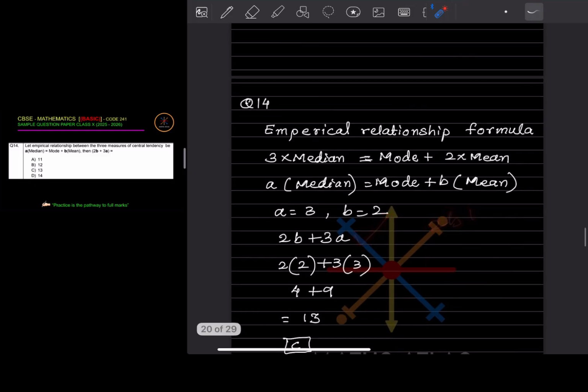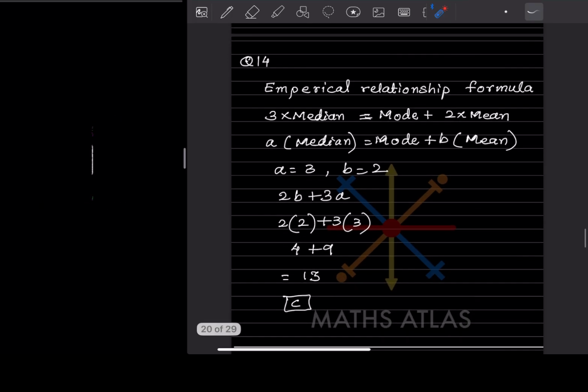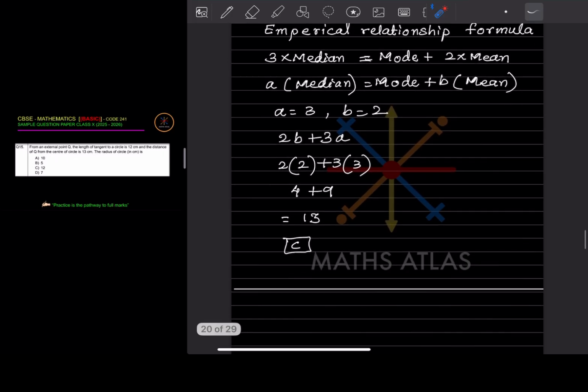So here we have to just plug in these values. In place of B we'll put 2 and in place of A we are going to put 3. So this will be 4 plus 9, which is going to be 13. So the option is C. The next one,